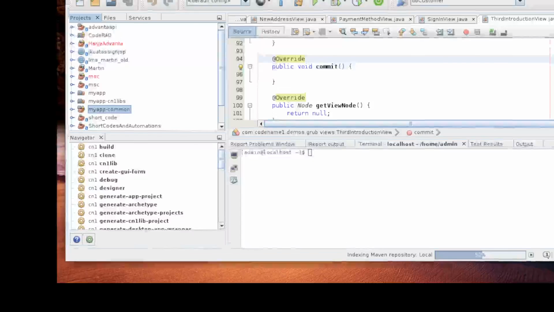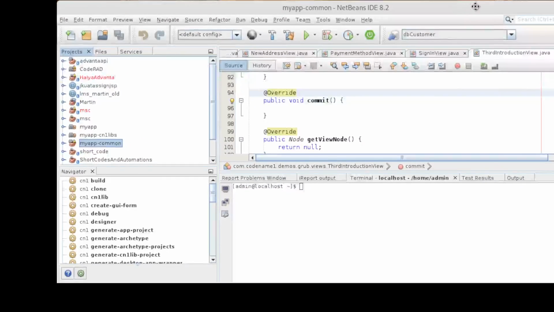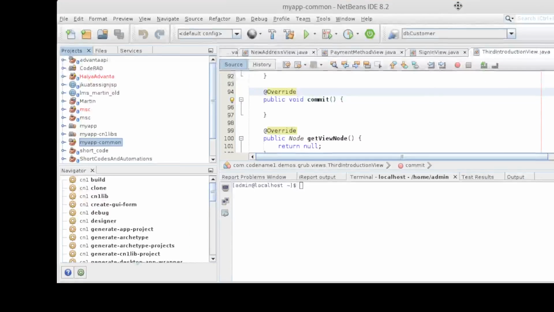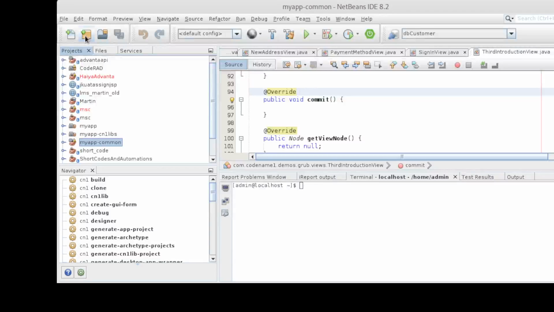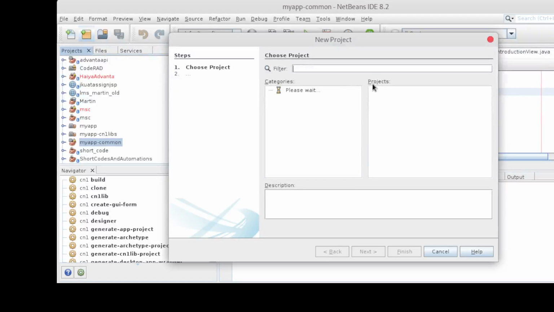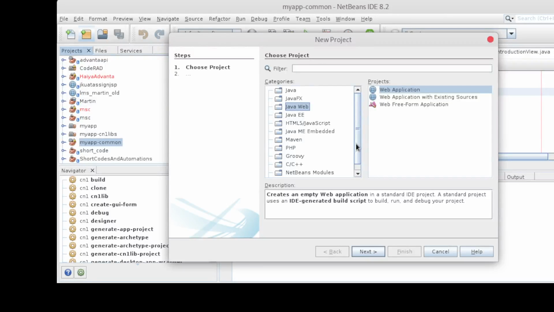So after installing, you can see my screen here. Okay, fine. So you can go through File, New Project, or you can click this second menu item here, New Project. This comes installed by default in NetBeans 8.2.